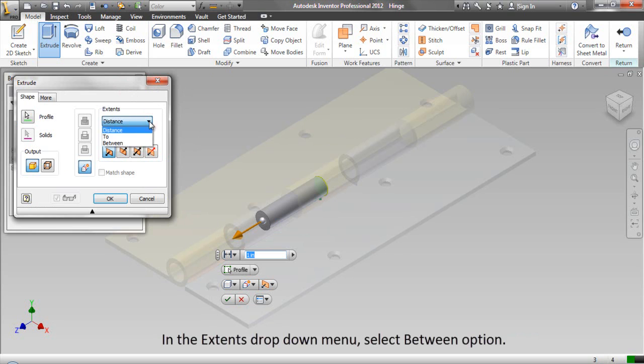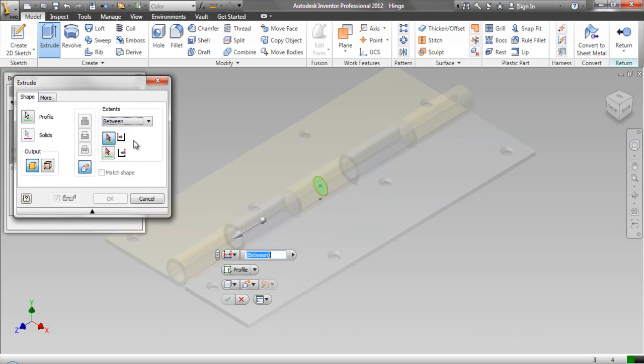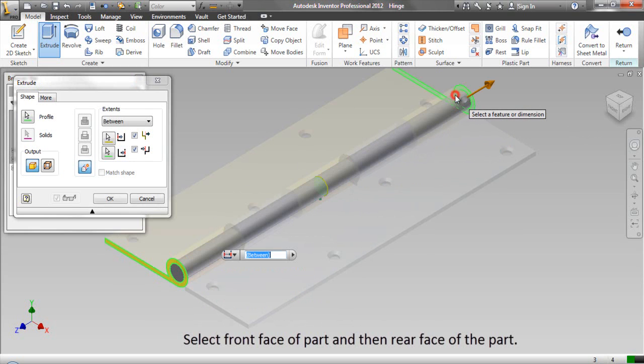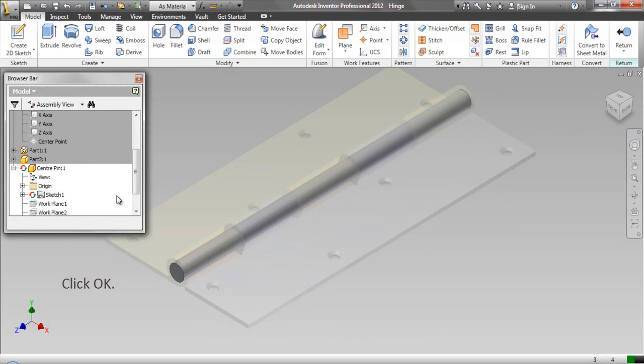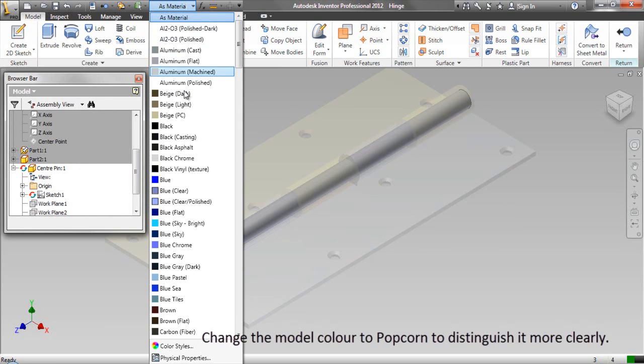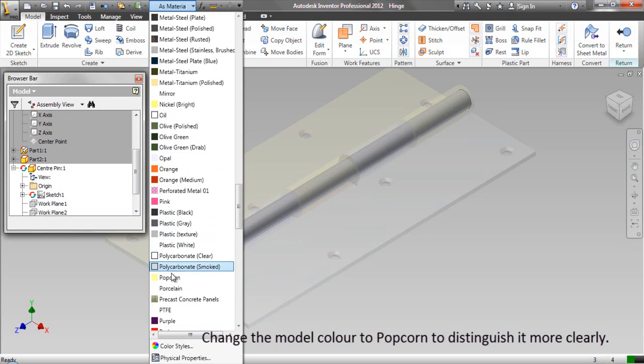In the Extents drop-down menu, select the between option. Select the front face of the part and then the rear face of the part. Click OK. Change the model color to popcorn to distinguish it more clearly.